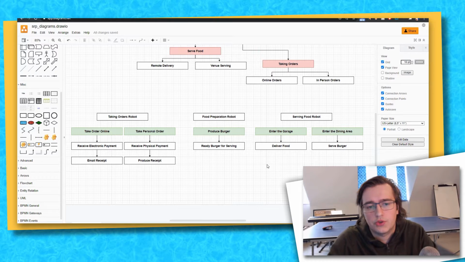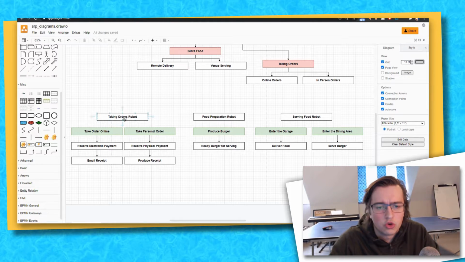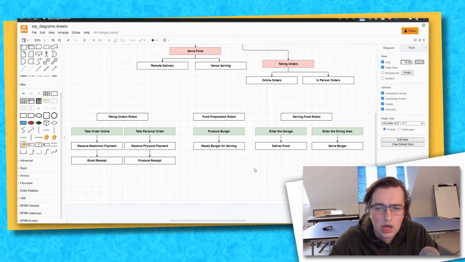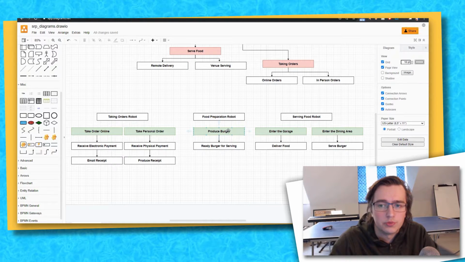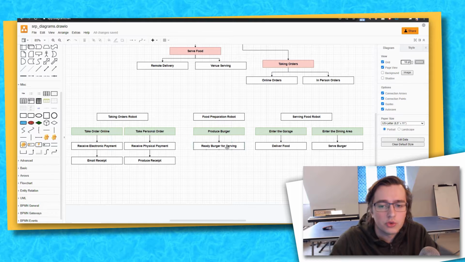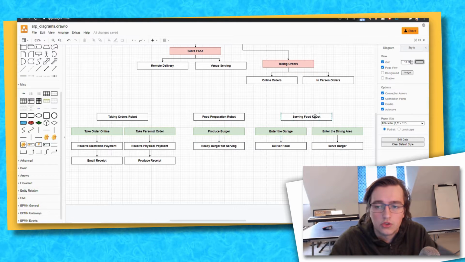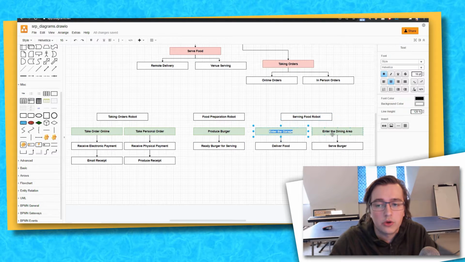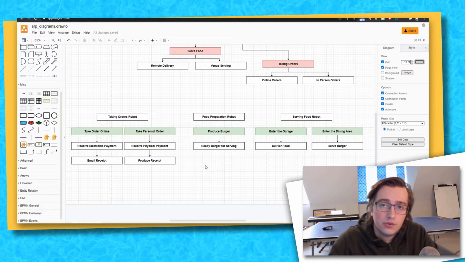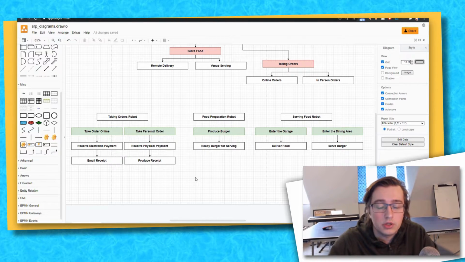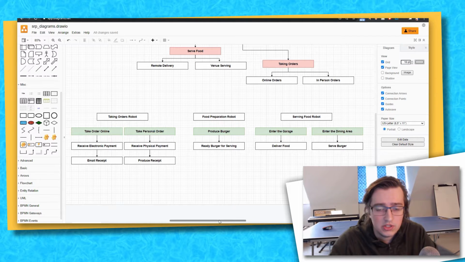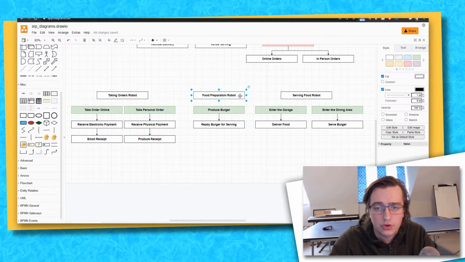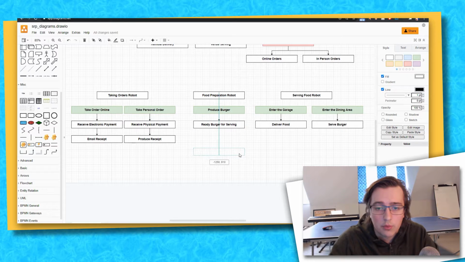So you could ask the question though, so the taking orders robot, once it's finished its particular task, how does the food preparation robot know to actually start producing a burger? And the same goes for, okay, so we ready the burger for serving, but the serving food robot still needs to be invoked. And to achieve this, you could actually create a completely new responsibility, and that would be managing the burger joint. Similar to how you would probably in a fast food restaurant have a manager, we can define